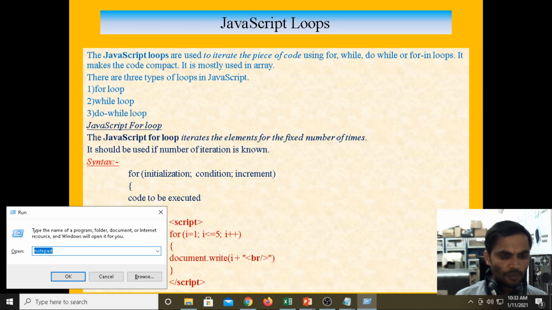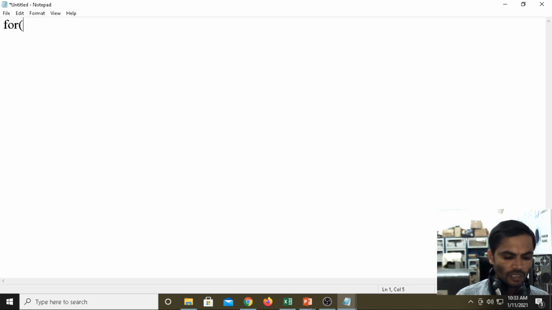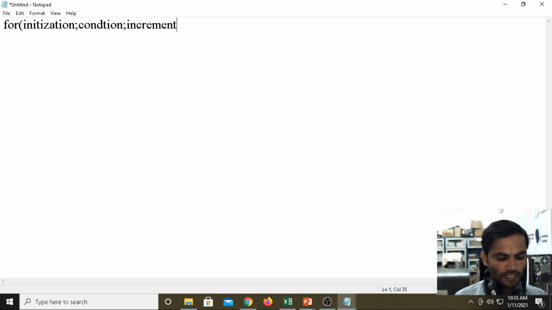If you take the example of the for loop, according to the syntax, under the for loop we are having initialization, then condition, increment or decrement operator.